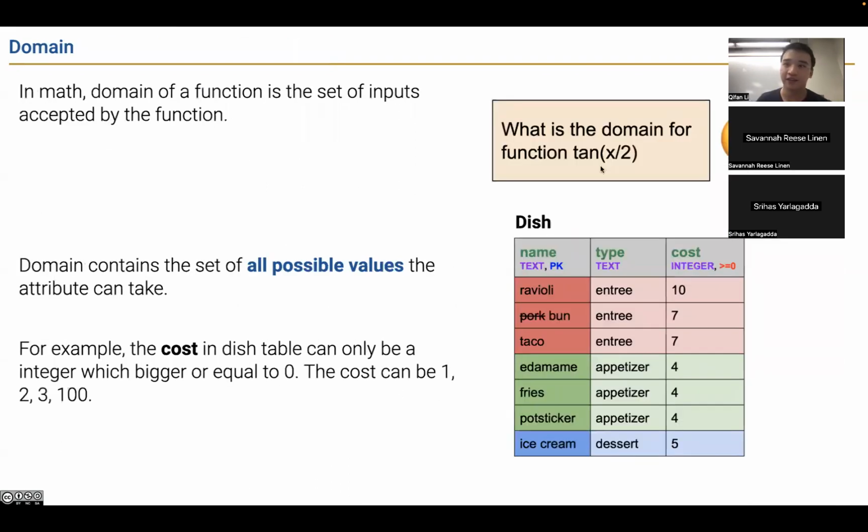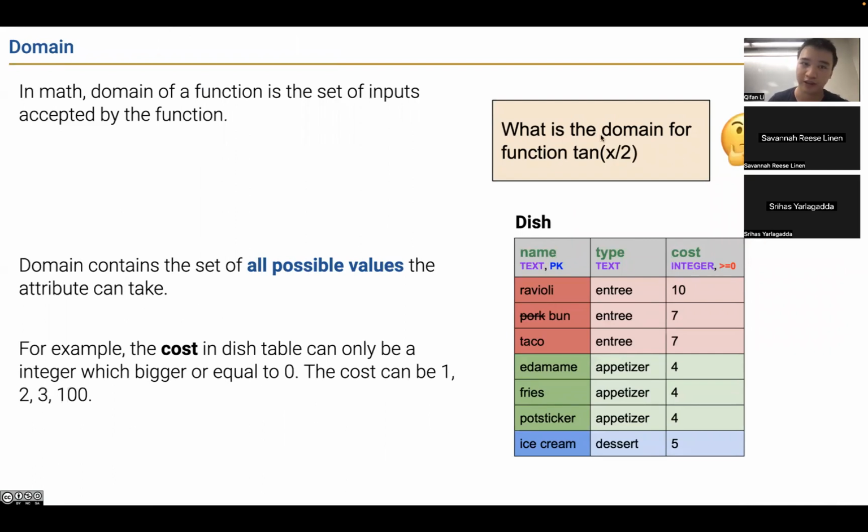So what is the domain? From math, we know domain is the function domain, right? The range of the y can vary according to the x. I have a small quiz here, if you guys know this. So what is the domain for the function tangent 2x divided by 2? Any ideas? Isn't it negative infinity to infinity? Yeah, almost correct, but almost there. But actually, the solution is